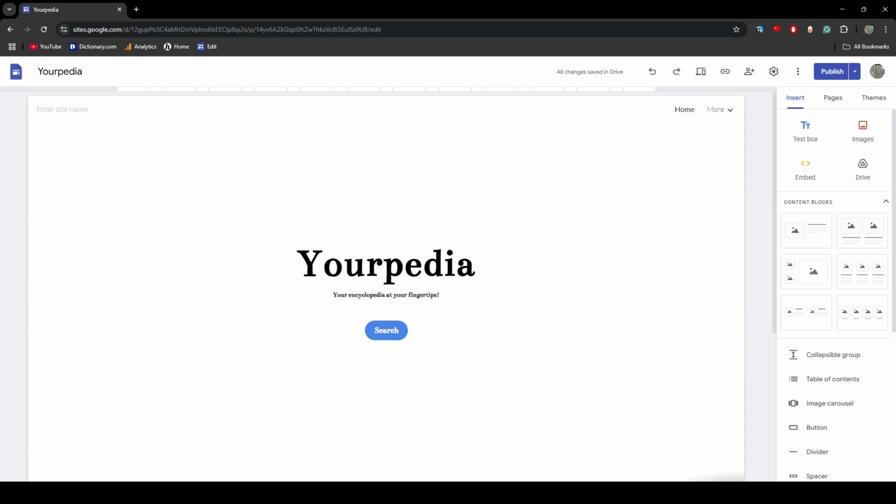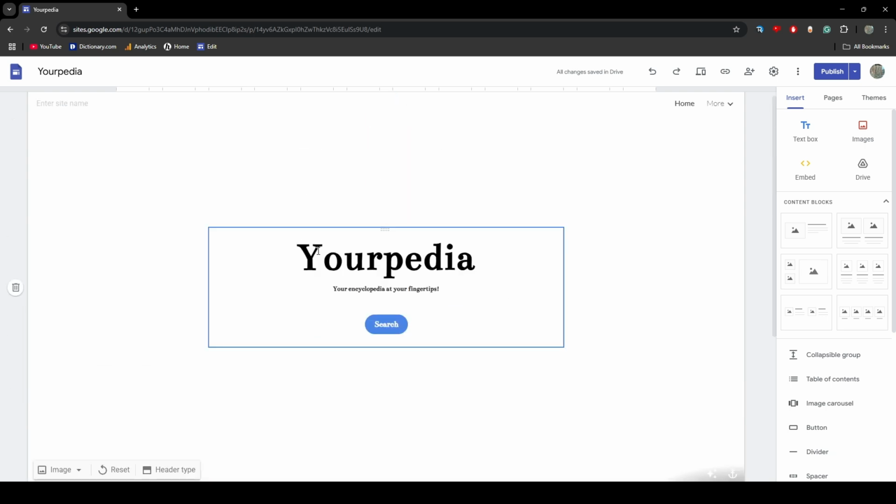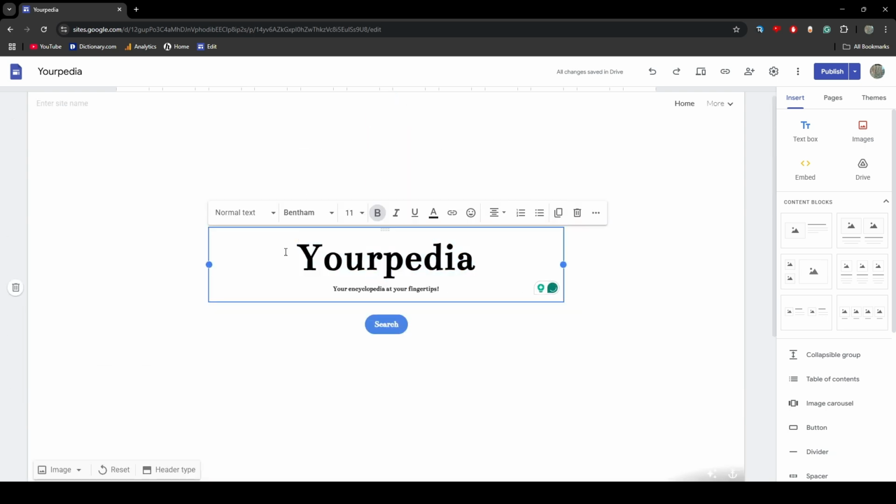So for this template, which I can post if you guys would like me to, I'm gonna be using my original wiki design, which I use on some other wikis. I'm not gonna say the names of them, but I like this design here. And what you're gonna do, let's do this example, Europedia. What you're gonna do